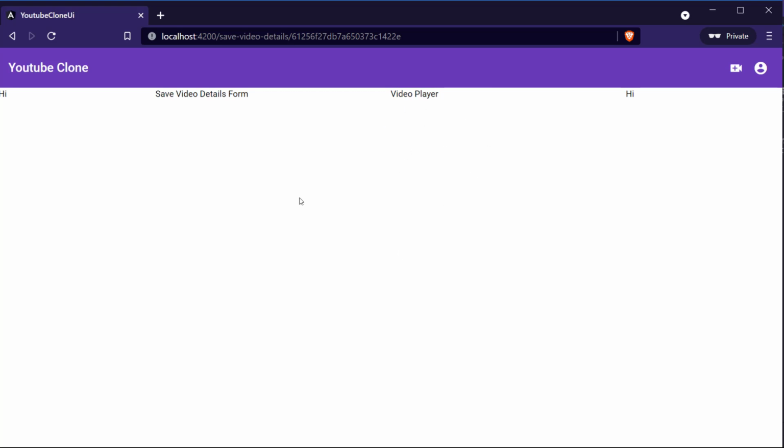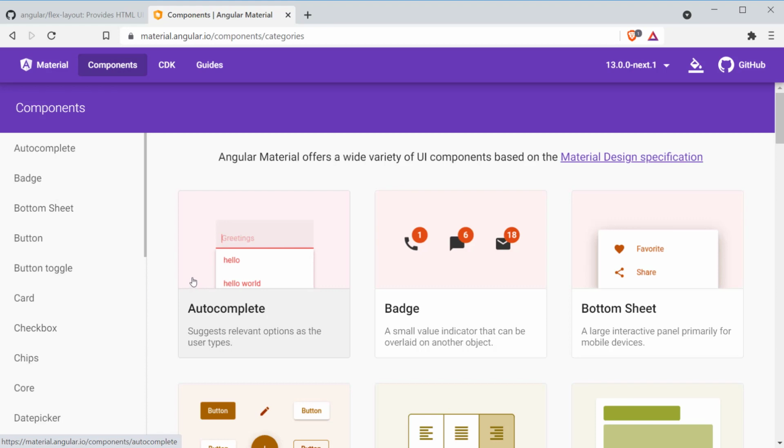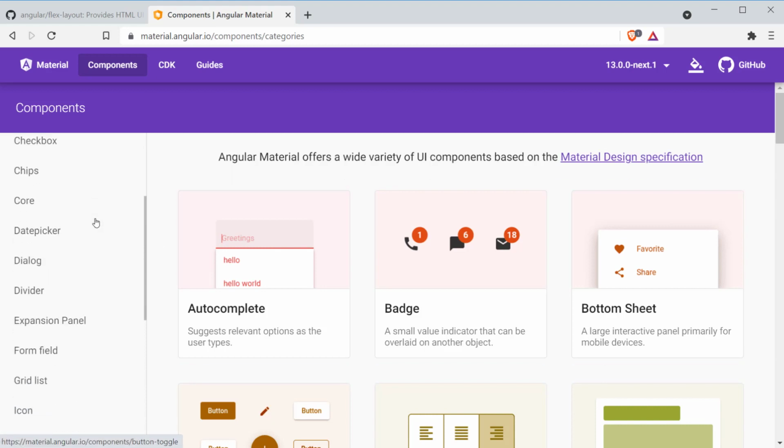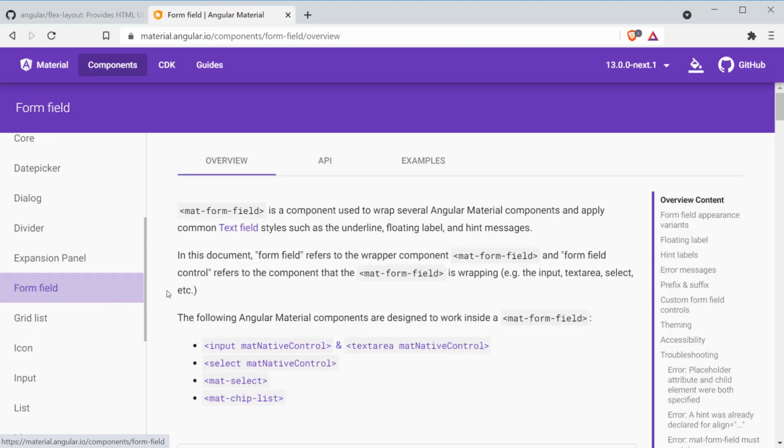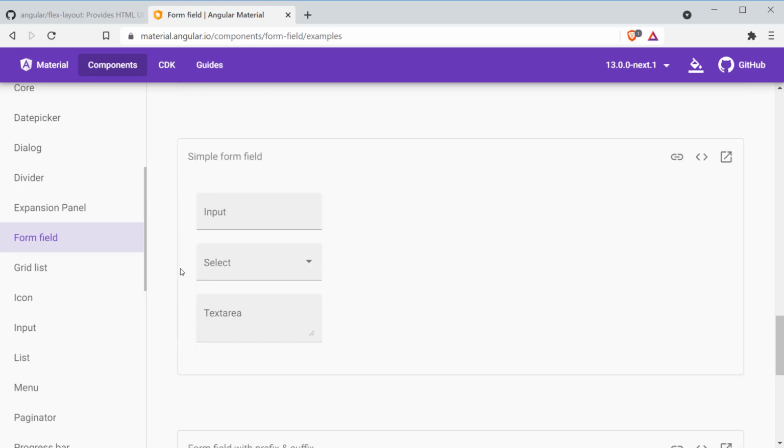So now let's go ahead and create the form. I'm going to open the Angular Material website and click on the Components section. Let's see whether Angular Material provides any examples of how to use forms. I'm just going to scroll down until I find the Form field section, and click on the Examples section. If you scroll down, this simple form field looks like something we can